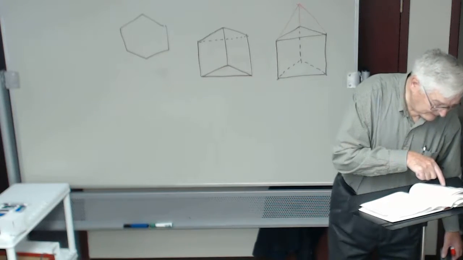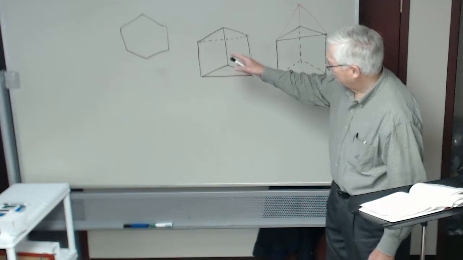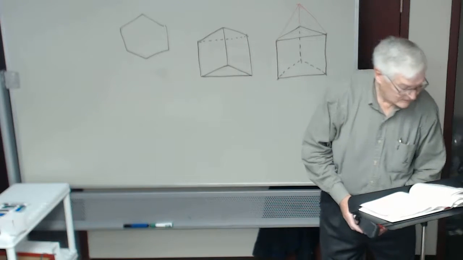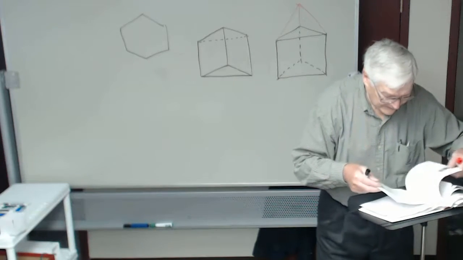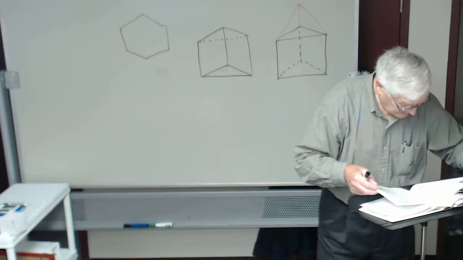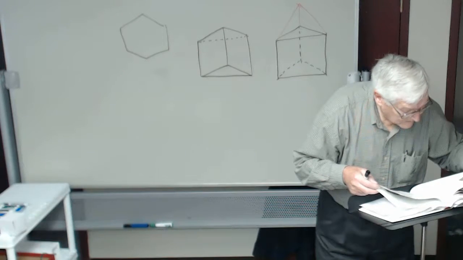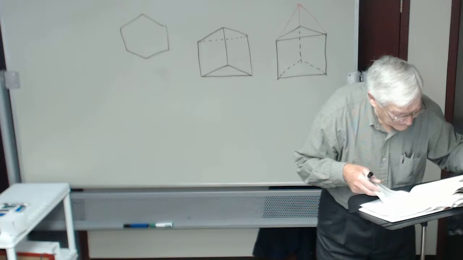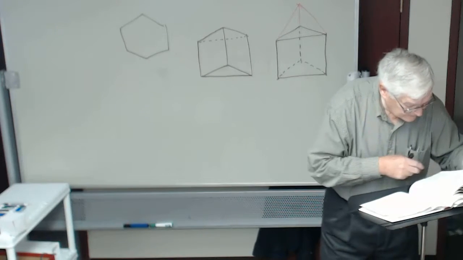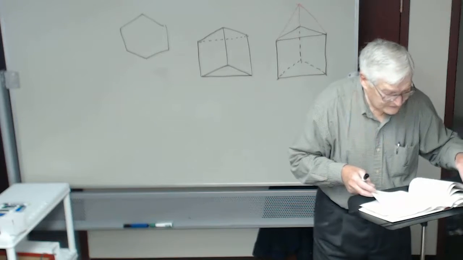But if it's not a parallelepiped, then that means the opposite sides are not going to be parallel. Let's look at page 554. See what 554 says about a parallelepiped. A cube is a rectangular parallelepiped. And they want this one to not be. Isn't that what they said? Yeah. It's not a parallelepiped, which means that